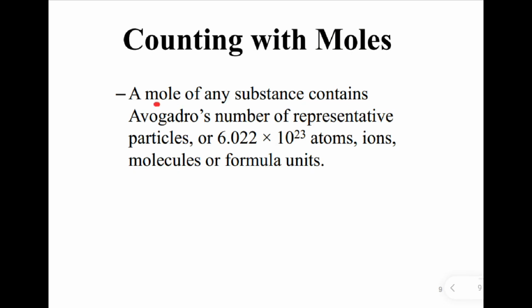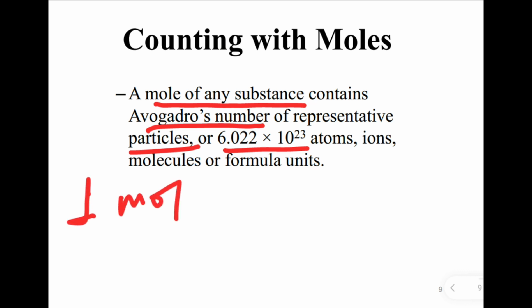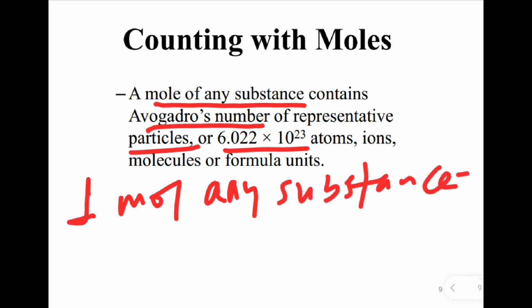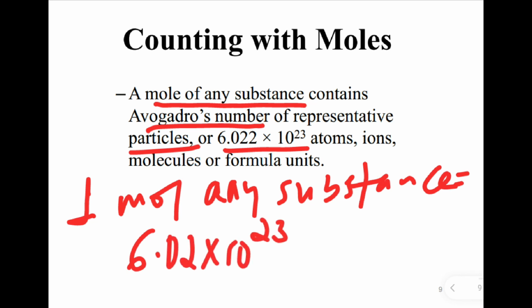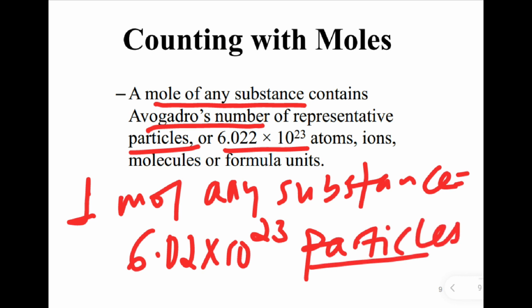a mole of any substance contains Avogadro's number of representative particles or 6.02 times 10 to the power of 23 atoms, ions, molecules or formula units ማለት ነው። ቅድም እንዳልነው and mole of any substance ምን ያህል ፓርቲክልስ የያዘ ነው? 6.02 times 10 to the power of 23 ፓርቲክልስ ማለት ነው። ሪፕሬዘንታቲቭ ፓርቲክልስ። እነዚህ ሪፕሬዘንታቲቭ ፓርቲክልስ አተምስ ሊሆን ይችላሉ፣ አይንስ ሊሆን ይችላሉ፣ ሞለኪውልስ ሊሆን ይችላሉ፣ ፎርሙላ ዩኒትስ ሊሆኑ ይችላሉ ማለት ነው።